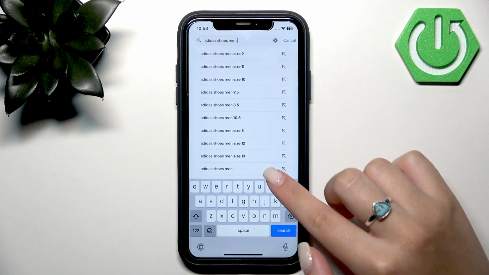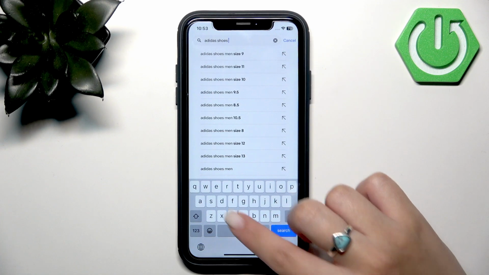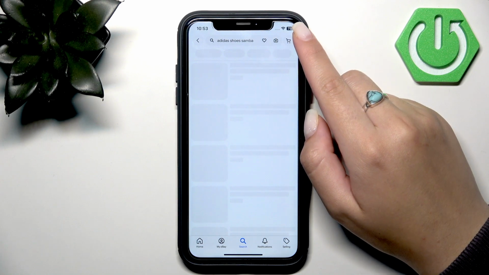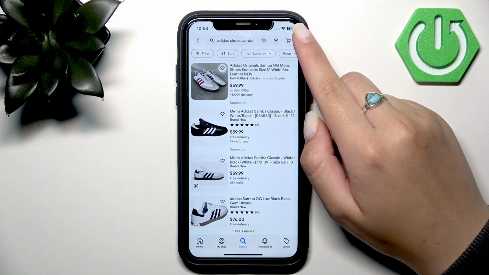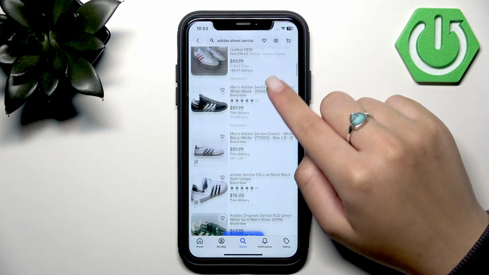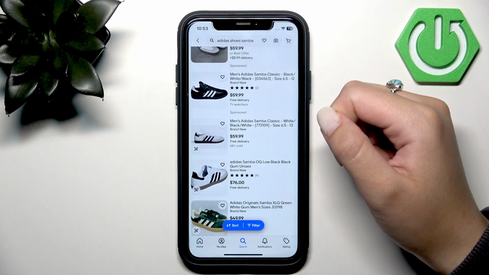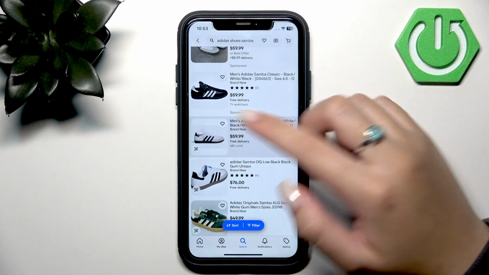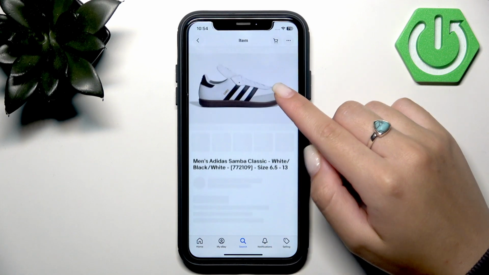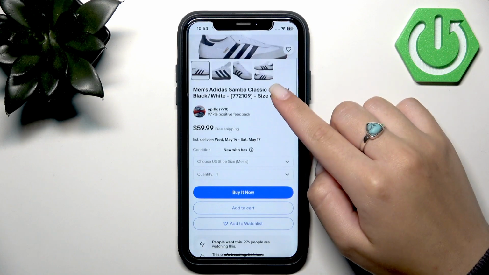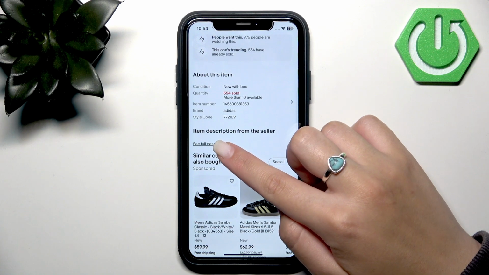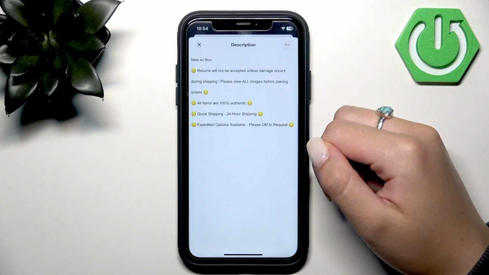Okay, for example, I will write here exactly what shoes I'm looking for. So here you see two similar items. So open the product and compare the item description. So item description is here. You can open the full description